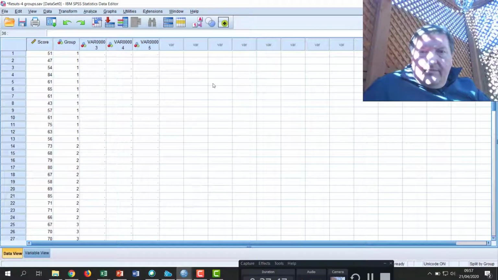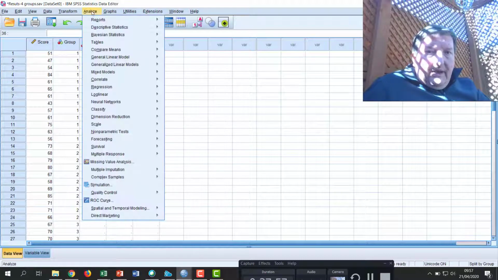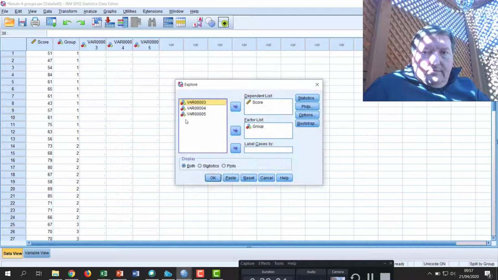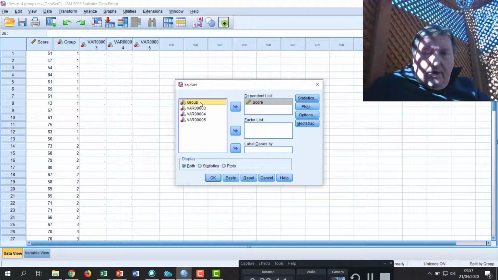Reduce that down, and then we want to do the statistics, do the normality tests, which is under Analyze, Descriptive Statistics, Explore, and then let's just reset that. So you want to put score in the dependent list, group in the factor list, make sure both is ticked here, statistics,